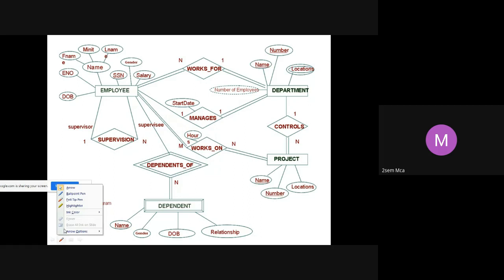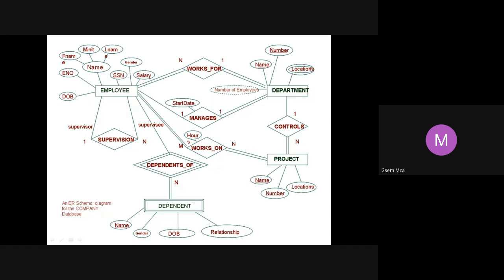See, don't get confused between entity and attribute. What we show in a rectangle is an entity. Employee is an entity. Department is an entity. Project is an entity. Dependent is also an entity. So there are four entities here.